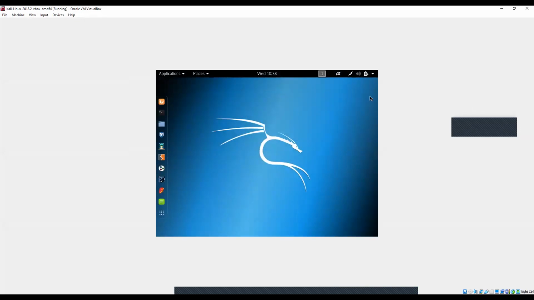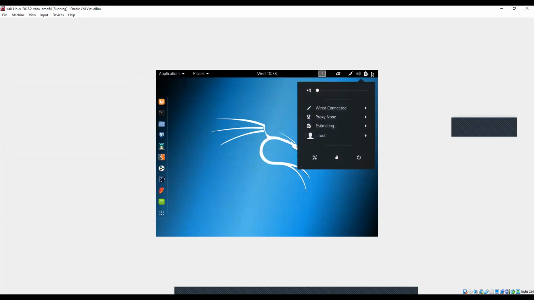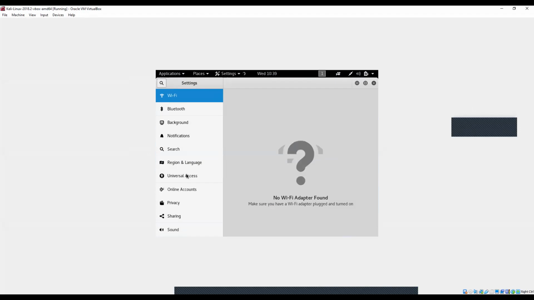So this is what you're going to do over here, and let this Kali Linux open up. So this is the Kali Linux home page. Let me change the resolution. Give me a second. Right, just give me a second. It is stuck here.